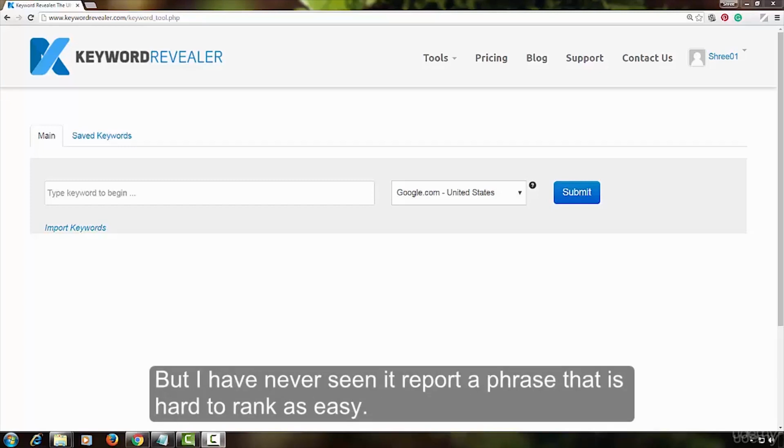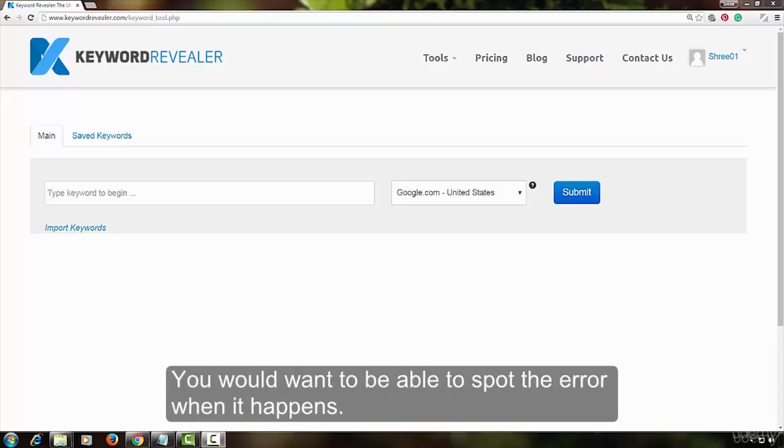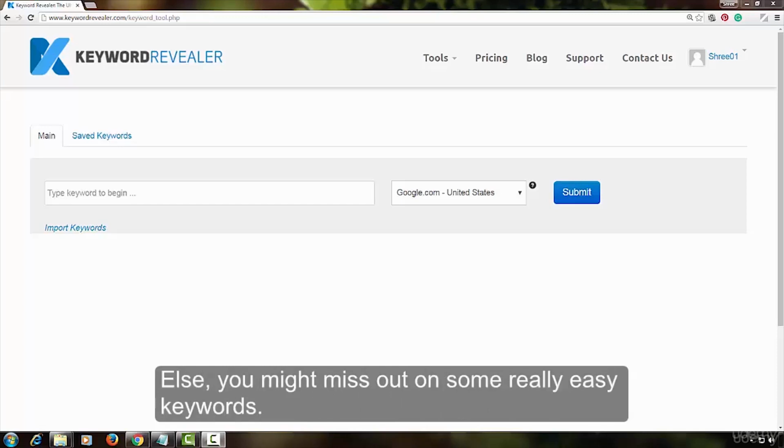But I have never seen it report a phrase that is hard to rank as easy. It is highly unlikely that a phrase the tool says has a difficulty score of 15 will be hard to rank. You would want to be able to spot the error when it happens. Else, you might miss out on some really easy keywords.